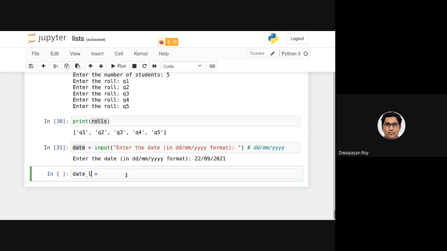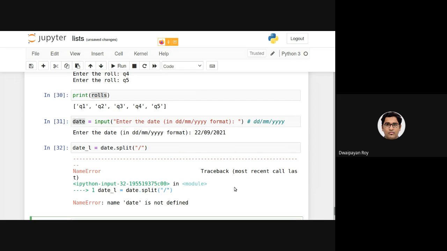If it is a dictionary, I'll provide date underscore D or something similar. Now I'll be using the split function with this front slash, right? Now, oops, sorry, it is not.